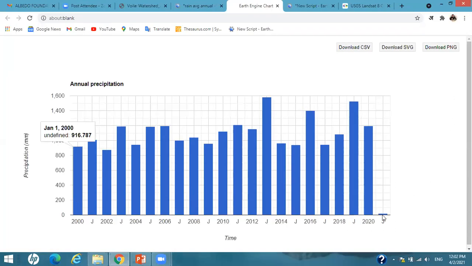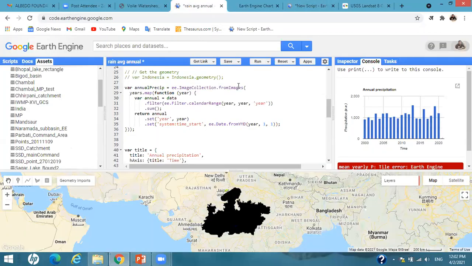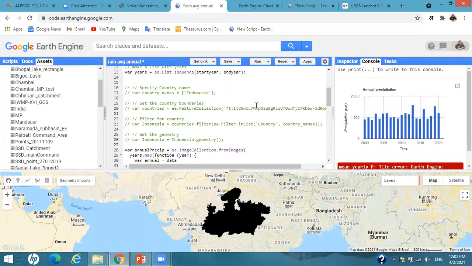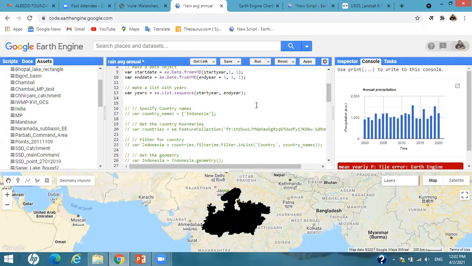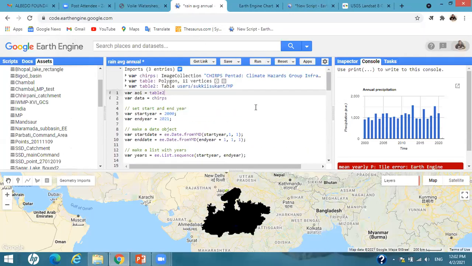and I can see the rainfall from 2000 to 2021. In 2021, you can see only 18 mm rainfall because the rainy season has not come yet, and we can analyze that in 2013 the rainfall is more than approximately 1600, and I know that in 2019 also the rainfall is quite good. I have created this graph with the help of CHIRPS data. Not only the CHIRPS data, but there are any number of other rainfall data sets available. You just need to search and you can get the result according to your own output.